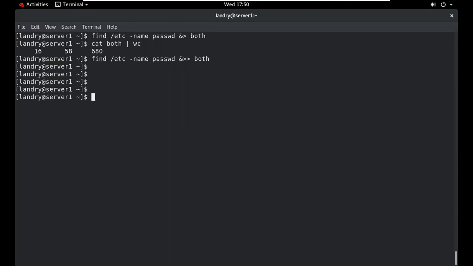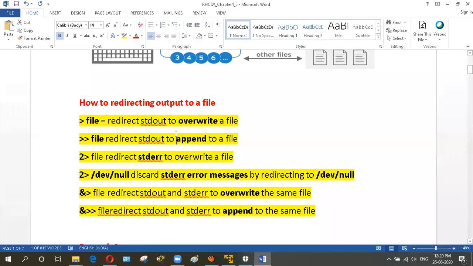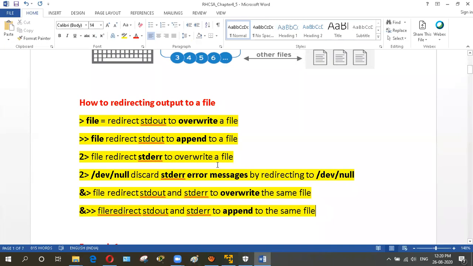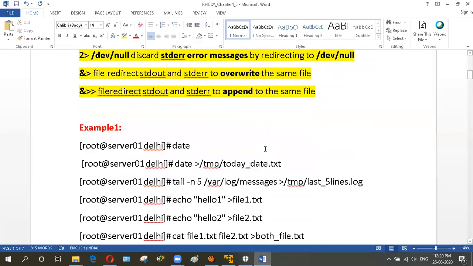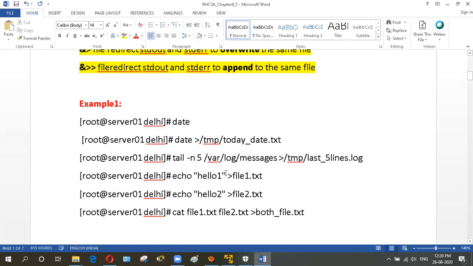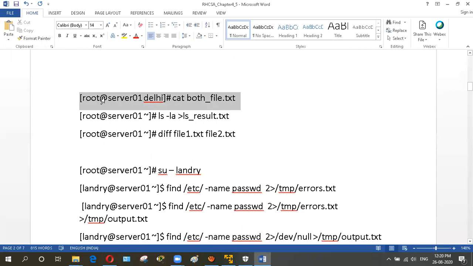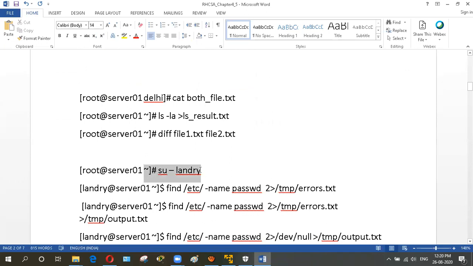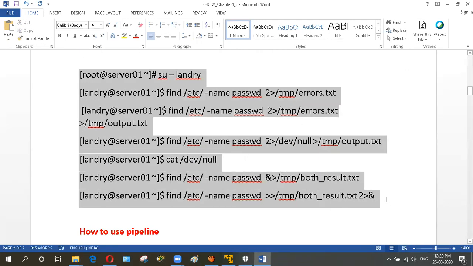So now I think you have no doubt, but if you have, then you can ask. Now we have completed all of these. If you have any doubt regarding these, like this and this, you can ask. We also have the examples that we have demonstrated. We have written all the examples here. I will provide them to you. We have find and so on. We have all the examples written in this particular file.